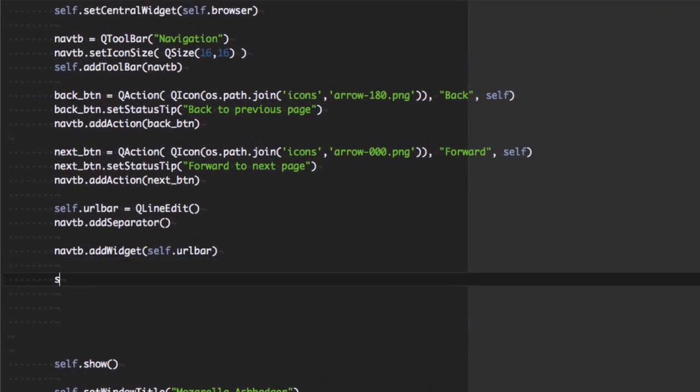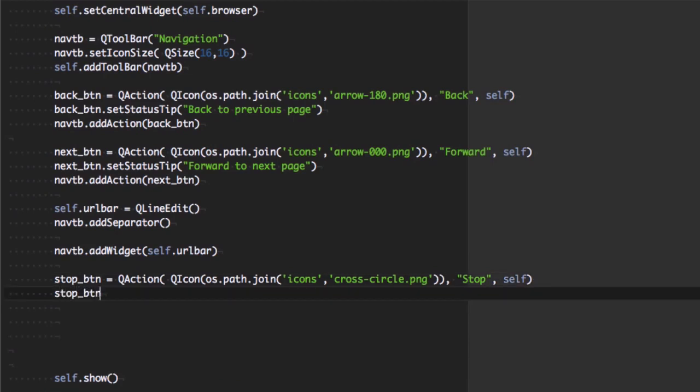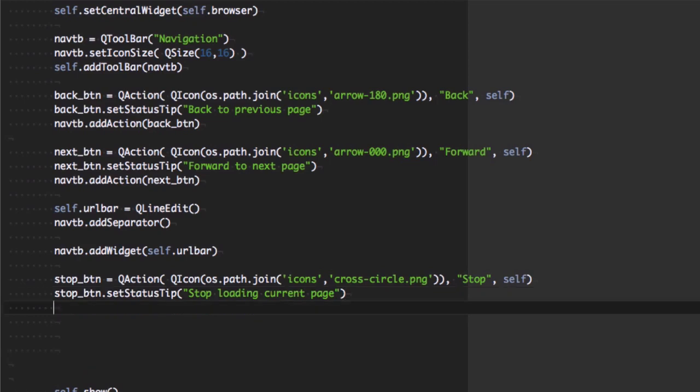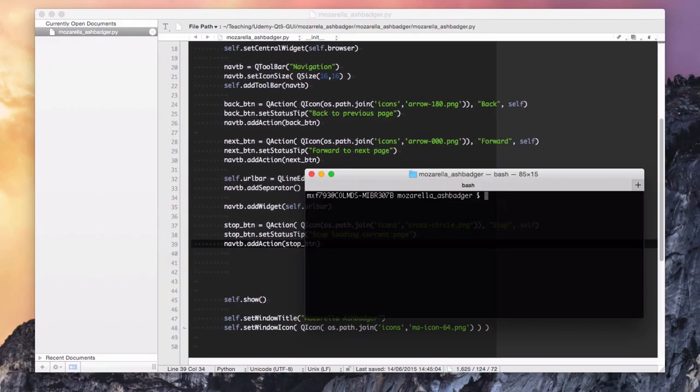Also going to create a stop button here, which allows us to cancel the navigation. So if we run that,